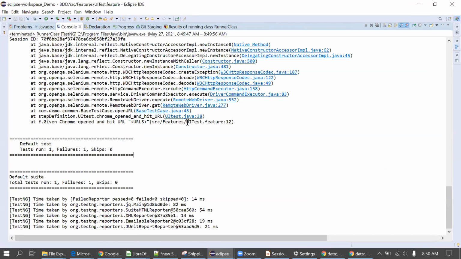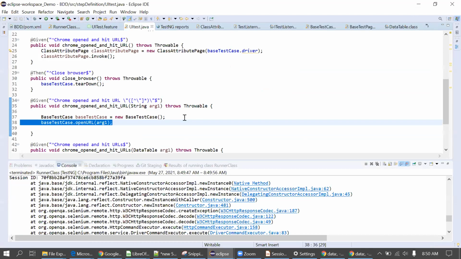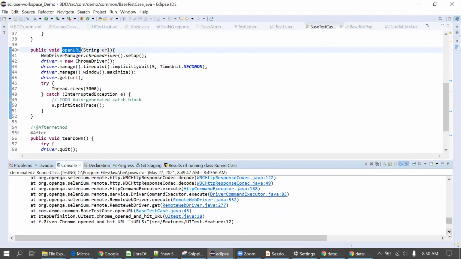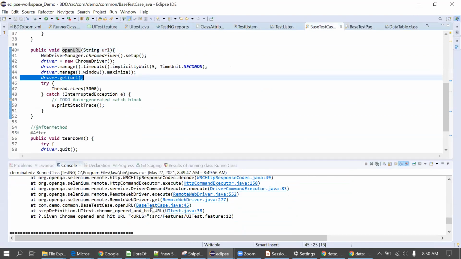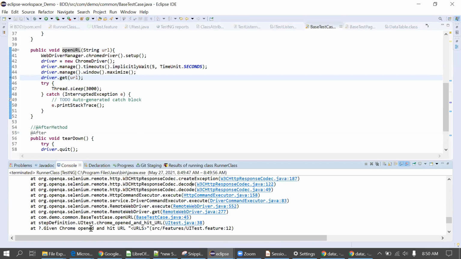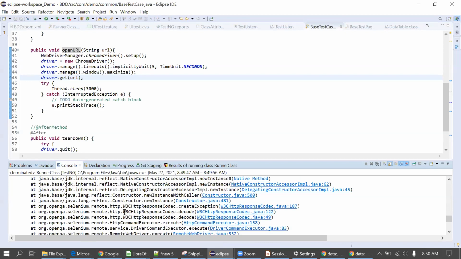Now we'll just check the code. Open URL. Okay. Now at line number 45, we are getting some error here. This part, I'll put the debug here. And now, what is given for open Chrome? Okay, this is a feature name.